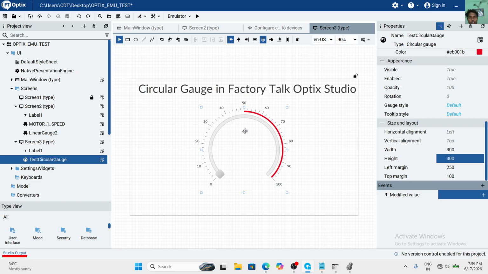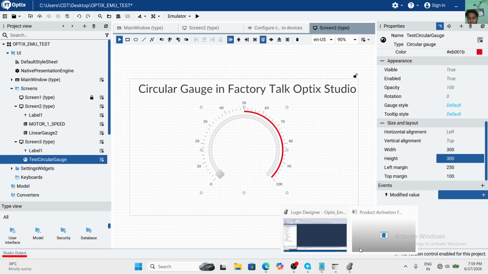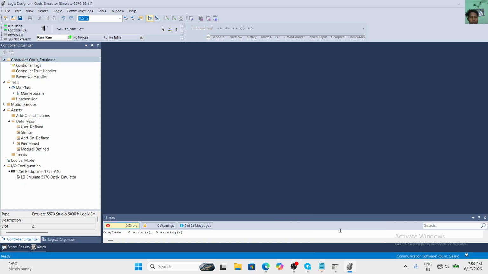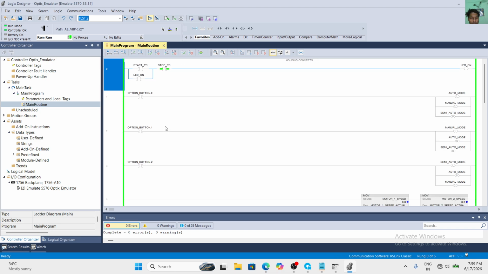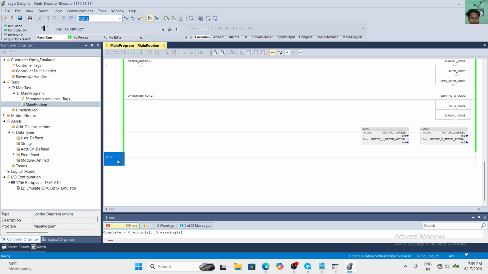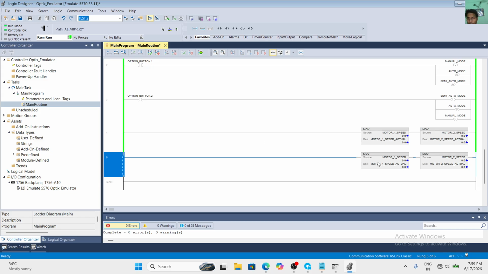Understand? This is a circular gauge and I have to create a new tag in Studio 5000. So go to the main routine and create a new tag, Control C, Control V, and motor 3 speed. Motor 3, no, fan speed.